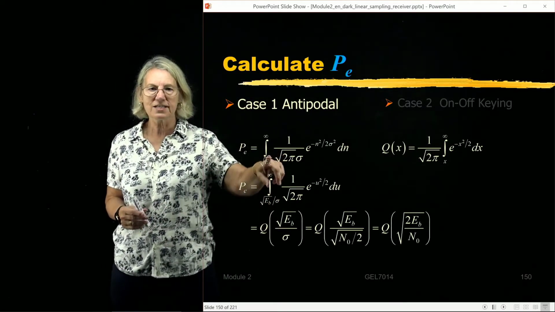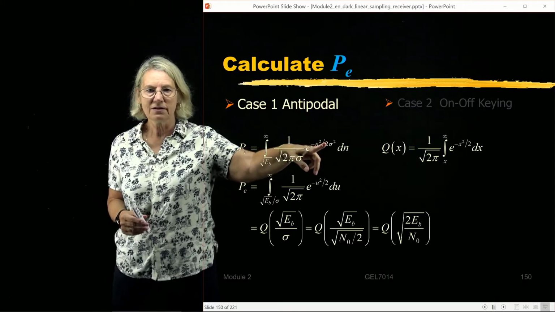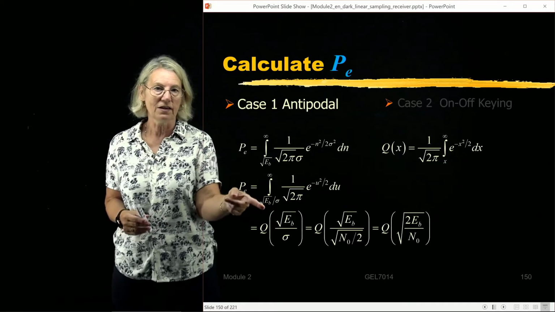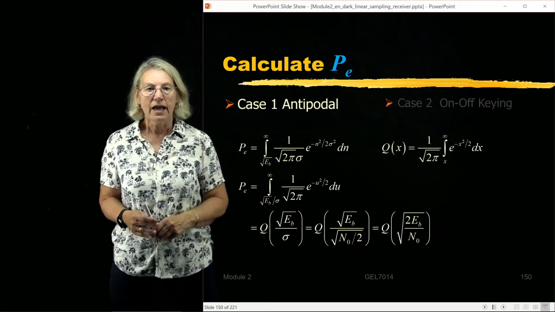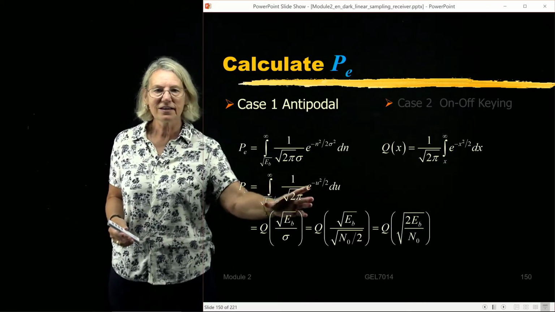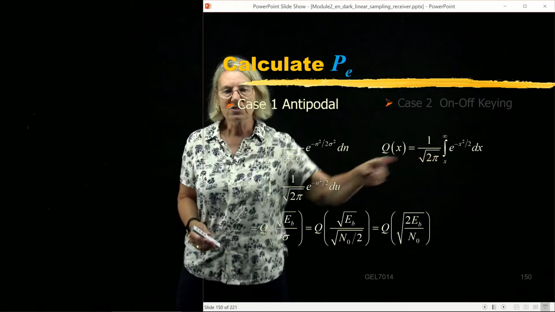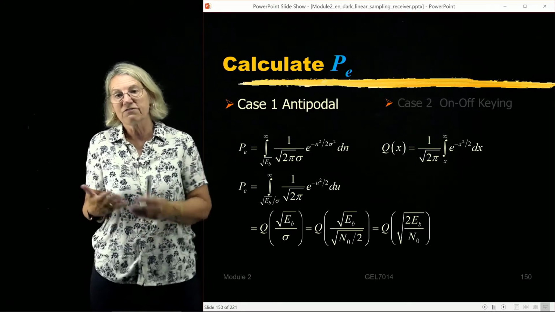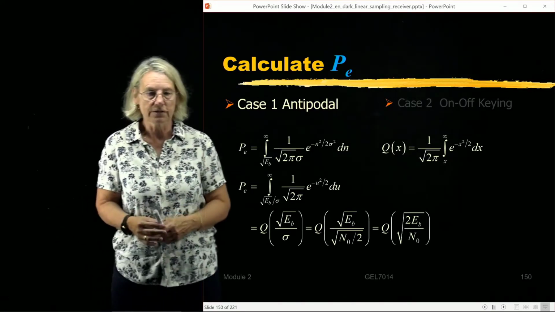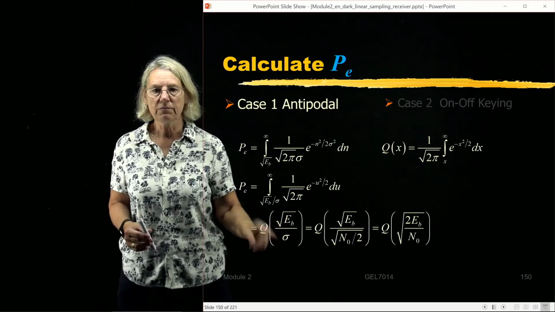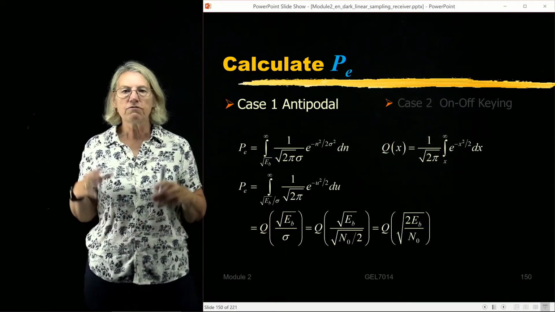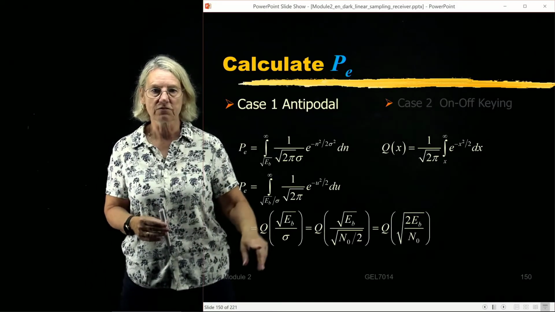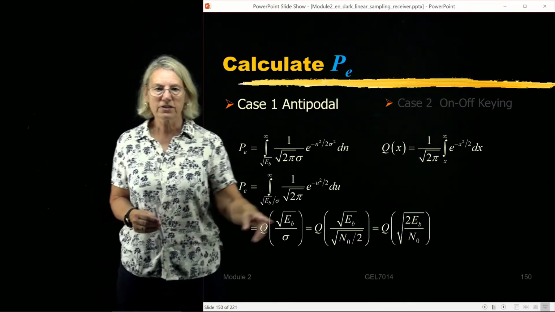So if I take this expression where I have sigma, I can do a change of variables so that I put my sigma actually in the endpoint of the integration. And in that case, I can write this integral in this form. It's just an easier form of representing the integral. We define a function which is the integral function, the Q function of the square root of EB over sigma. So very often when we describe probability of error, we're going to write it in terms of this Q function. So Q function of the square root of EB